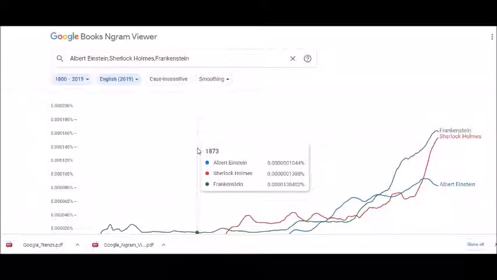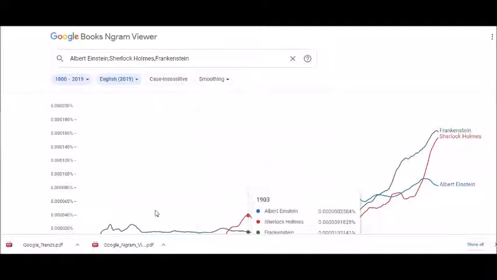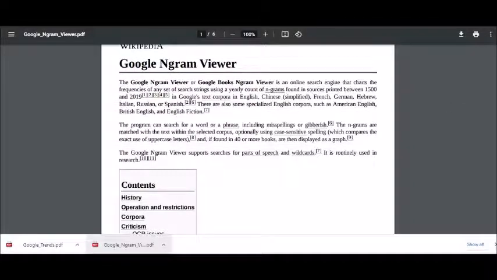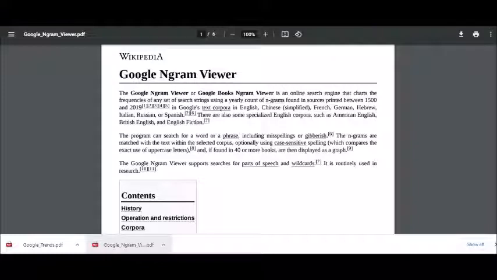Now how can I forget Google? You can see here the Google Books Ngram Viewer, which is really an important one. Some of us who are keen to know the number of books available should not forget that Google Books is also a place each one of us should keep visiting on a daily basis. Either the book is available to read online, or you can download some of them, and sometimes I find they even sell the book so that you can purchase and possess those books also.